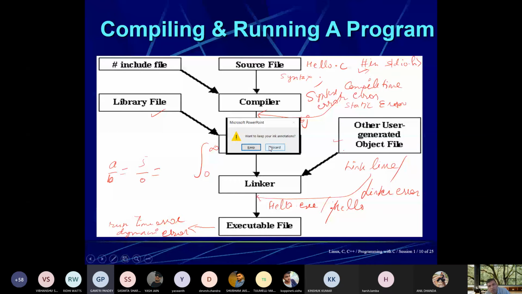Yes, the next slide is not visible, sir. The slide is not visible to you. Previous slide was visible, compiling and running a program. Is the modifiers used with basic data type slide visible to you? No, sir.